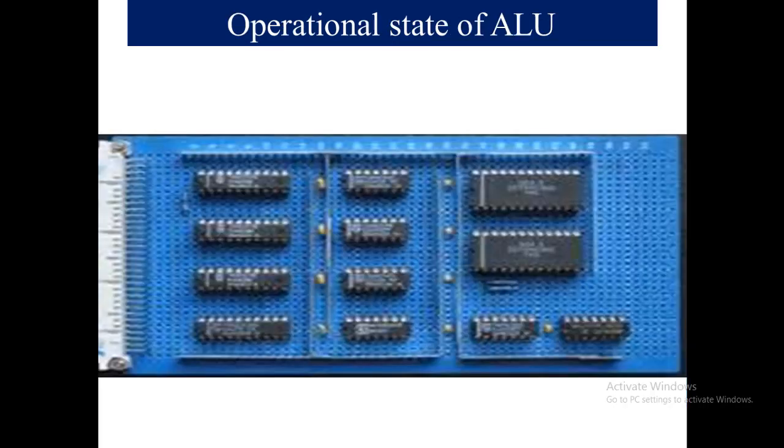So what are the different states of ALU? As we have studied earlier, the control unit takes data from the memory and from the registers. So the first state of ALU would be your input state. After that, when it is performing operations on those instructions, it will be in the operational state. And when it has performed all the operations, it stores the data back into the memory. Then it would be the output state. So how does the ALU behave in different states? Let's explore.